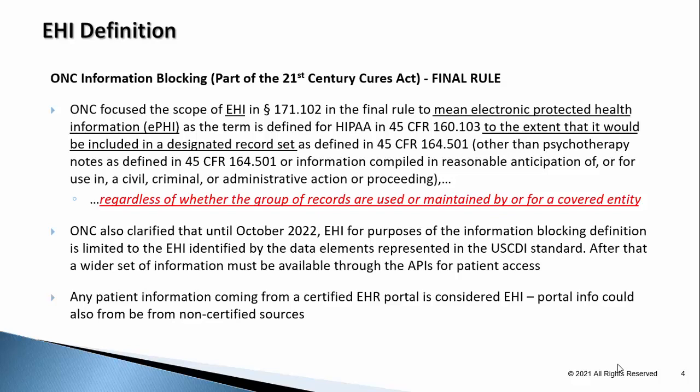In this rule, they focus the scope of the EHI to mean Electronic Protected Health Information, or EPHI. So we learned in the previous slide what PHI was, but now we're taking that definition of PHI and saying anytime it's electronic and would be included in a designated record set, then it is now going to be called